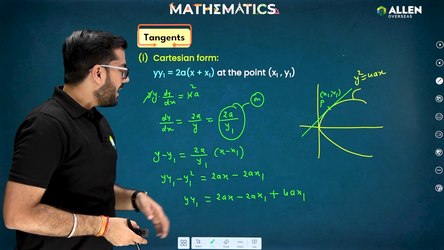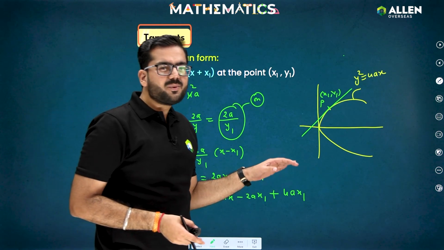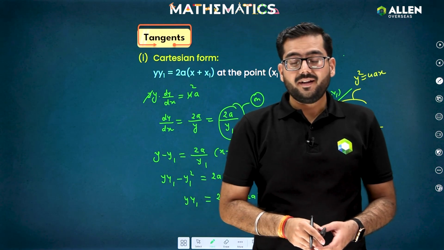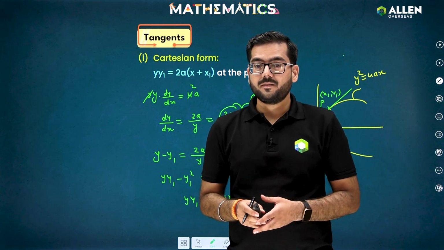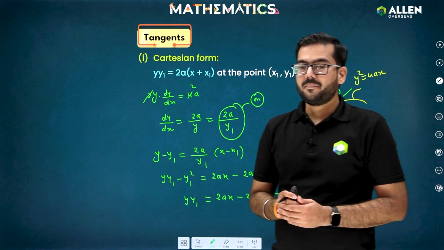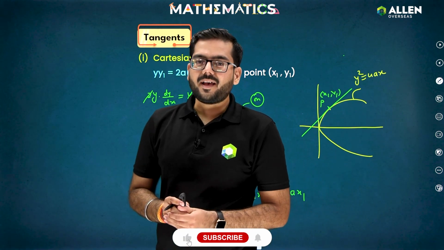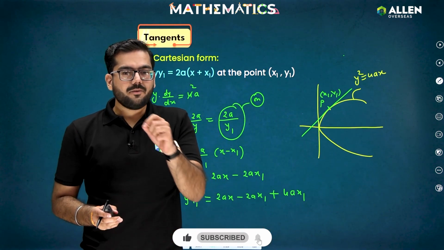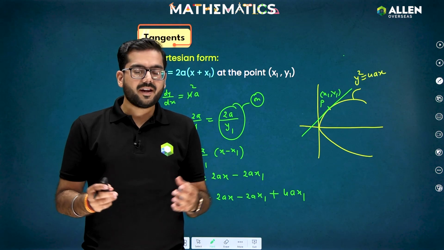But I can consider your feeling. This is quite a lengthy approach, and we have to do it for all the cases. The remaining 3 parabolas we also have. So yes, I can consider your feeling, and I have one shortcut, a short trick which is totally based